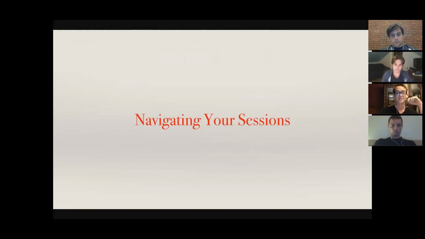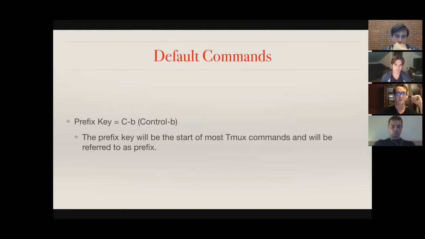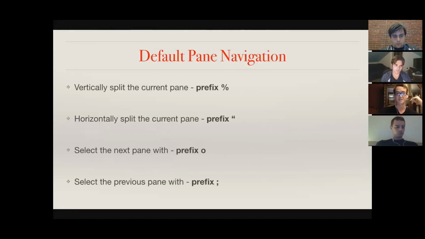So navigating your sessions in Tmux is pretty easy. Everything is started with a prefix key, which by default is Control-B. So when you're looking up commands for this application, most people refer to it as just prefix. So they'll say prefix and then the command. So the default for that is Control-B. And the default pane navigation